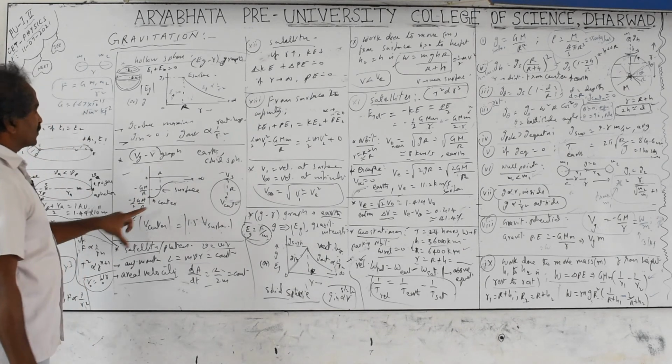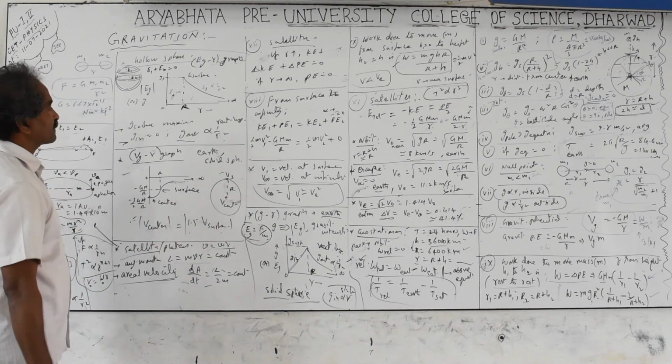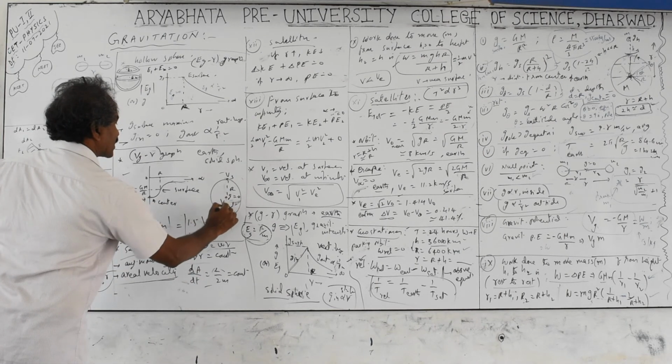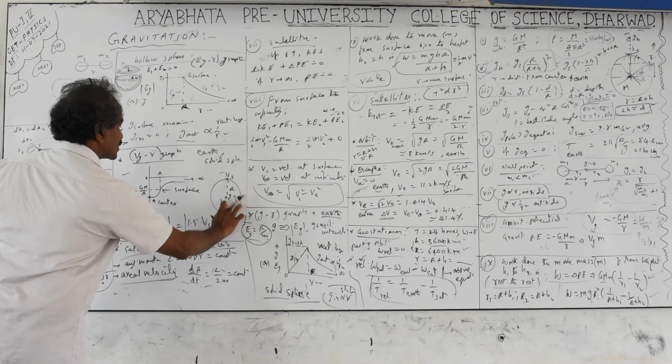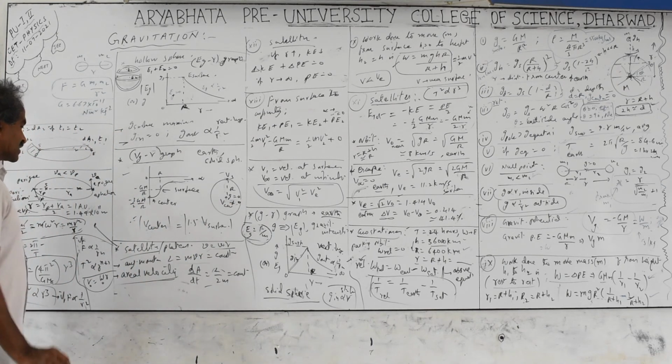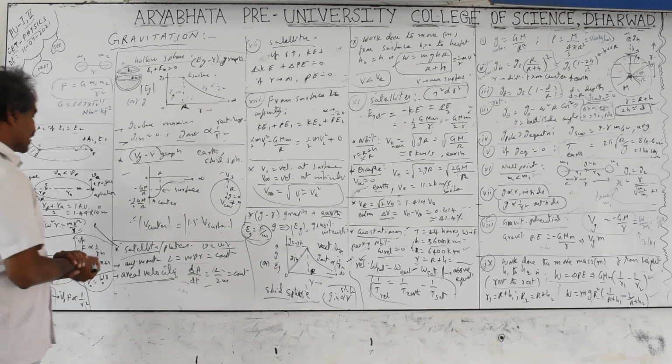The graph structure, generally this value is important for us. But g at the center is 0; at this point g is 0, but V at the center is not equal to 0. Its value is 1.5 times that on the surface. Next are satellites or planets conditions. We take similar cases.